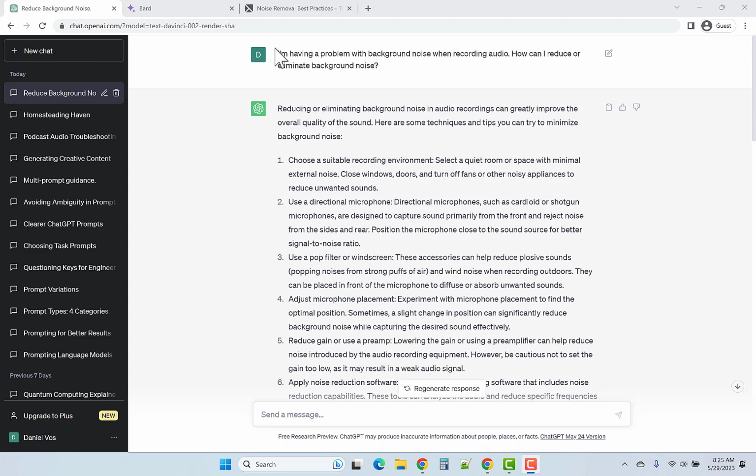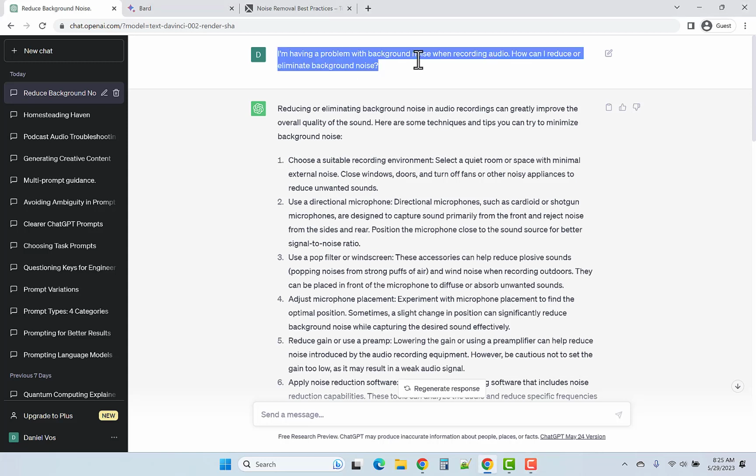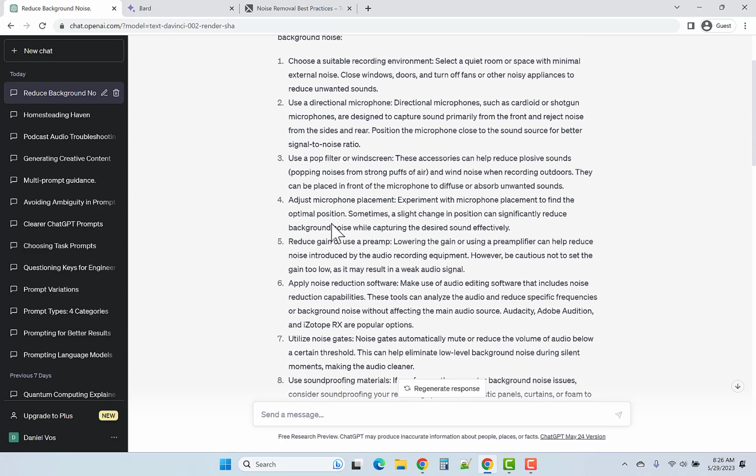First, I provided some context. I said, I'm having a problem with background noise when recording audio. And you might actually hear one of my dogs barking in the background, providing a different kind of background noise. But I asked, how can I reduce or eliminate background noise? And it gave a number of different